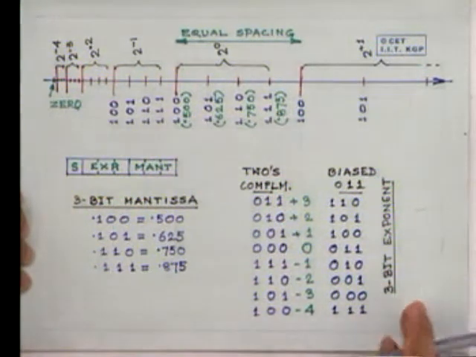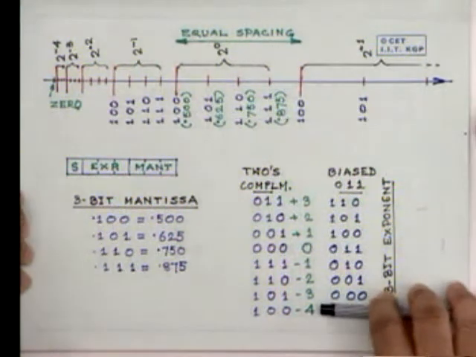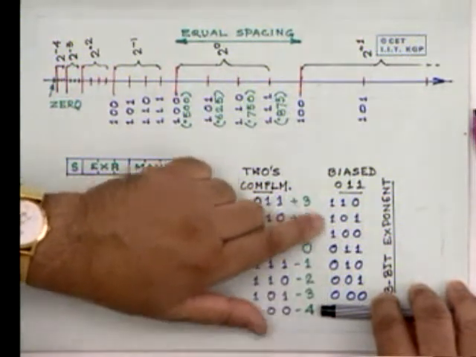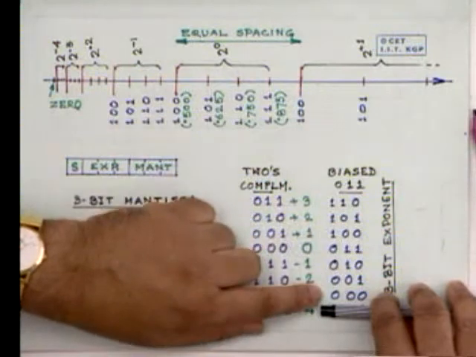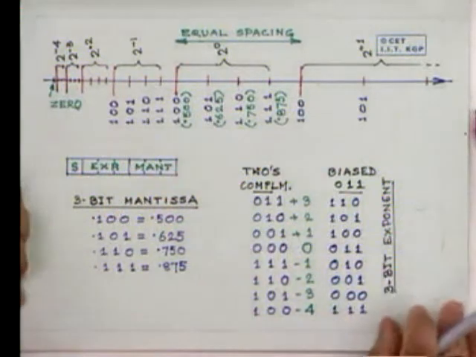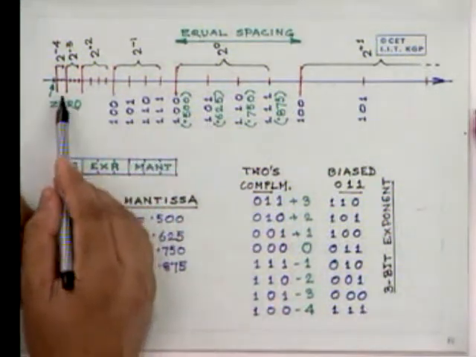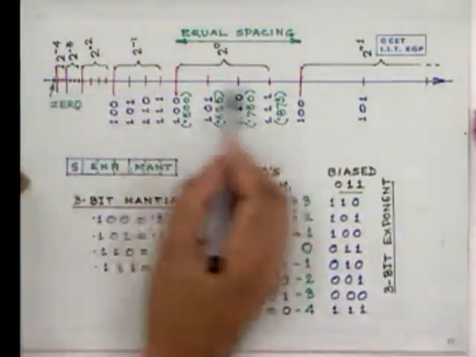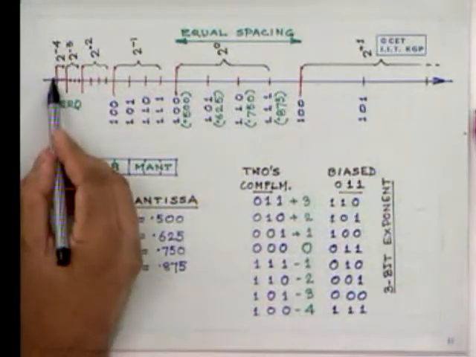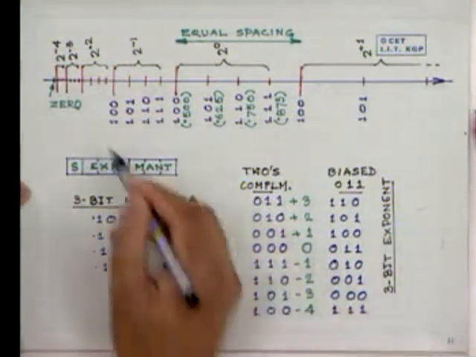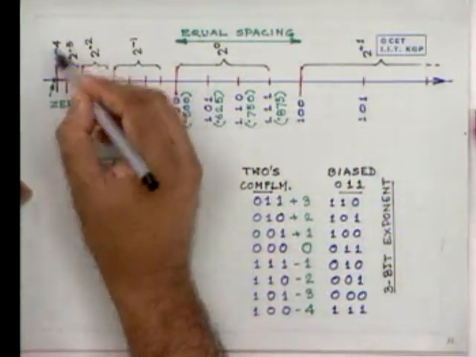Now, in terms of IEEE representation, this number is not used. Therefore we have from 000 to 110. You see, that's an ordered set if we assume it to be an unsigned number. Now with this representation, these are the only numbers on the positive side, I have taken only the positive side. These are the only numbers that we can represent. Say this is a 0 here. Then 2 to the power minus 4, that is the exponent that we have, 2 to the power minus 4.